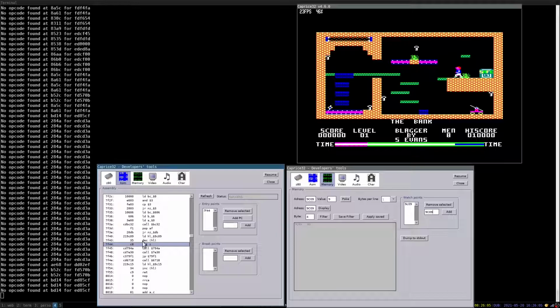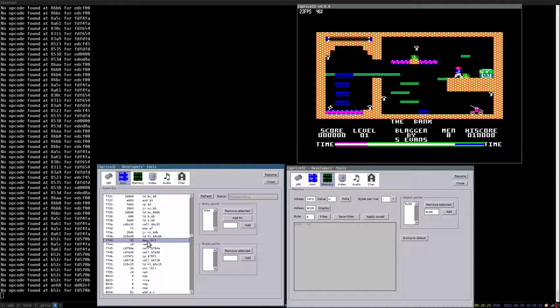So what we would like to do is to not decrement the lives. That's simple. We can just poke at the address 74F3. We can poke a NOP, which has the opcode 0. And after that, we can refresh the assembly.